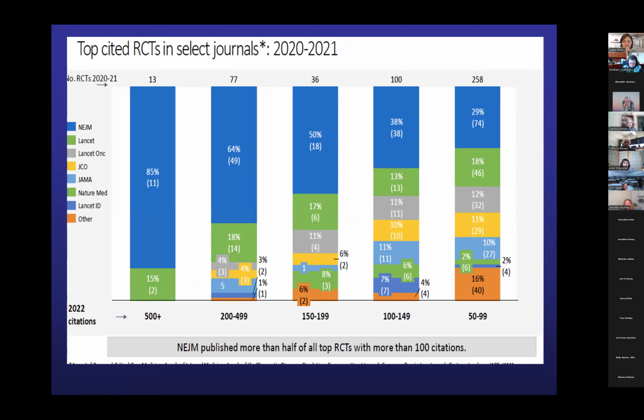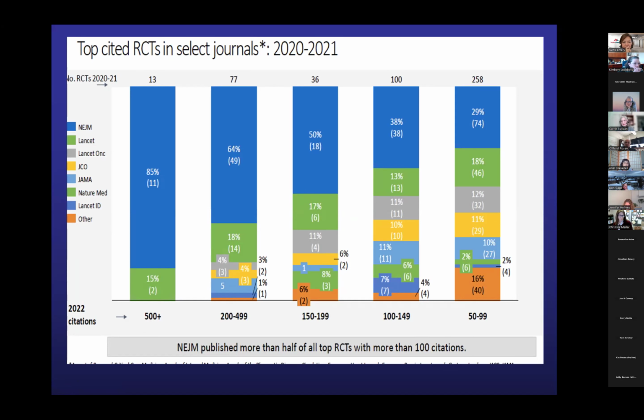This slide just shows you what New England Journal, again, it's all about strategy. This is the Mass Medical Society that owns New England Journal, but they're very proactive in advertising and being competitive. They want to be the top journal. So they represent data in a lot of different ways. This way is that the first bar on the left, 85% of the top randomized control trials were published in New England Journal. And that's based on the number of citations. So this currency is citations and impact factor.